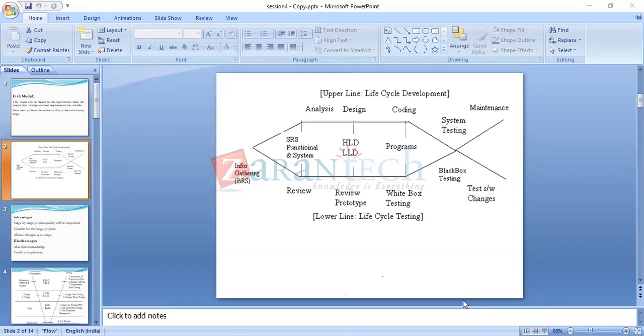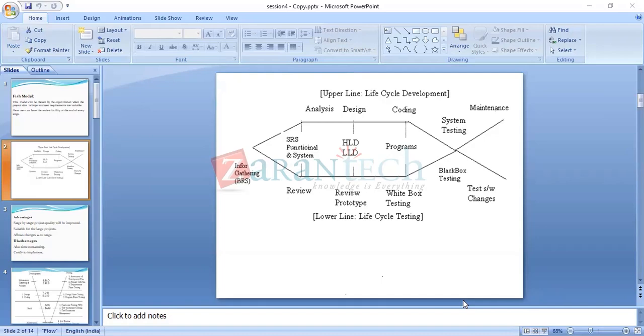So far we have completed waterfall model, prototype model, iterative and incremental model. 3 models we have completed so far. Just now we entered into the 4th model, the fish model.